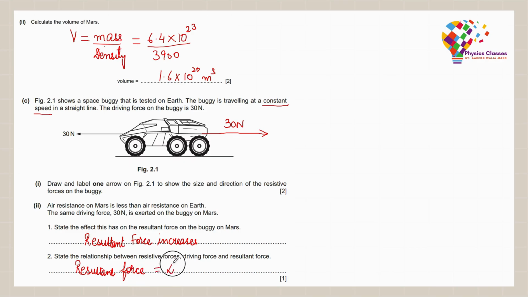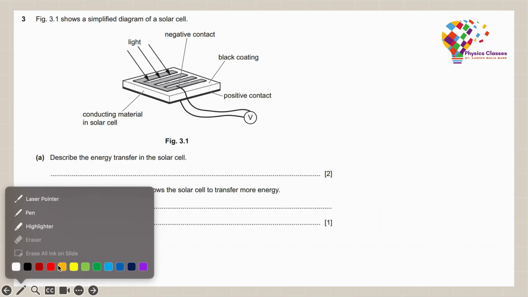Then further we have to state the relationship between the resistive forces, driving force and the resultant force. So we already know that the resultant force, in the previous situation where we have drawn the arrow, was 0 because the object was told to move with a constant speed. But here in general, if the resistive force and the driving forces are not balanced,